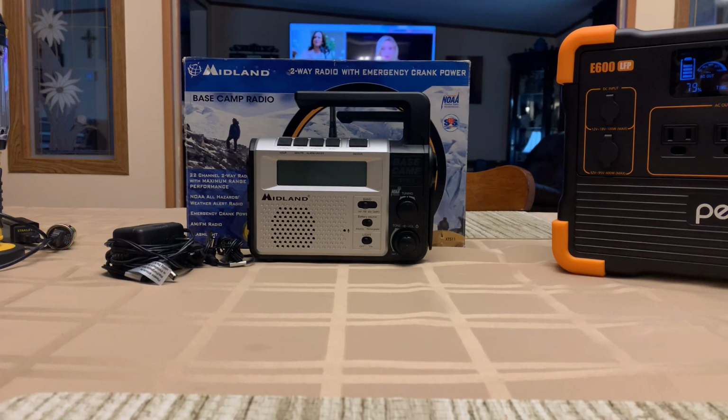I'm just going to show you a few little items that I've gathered up, probably over the last 3-4 years, that really come in handy in an emergency when your power's out, or just any kind of emergency, truthfully, but especially if your power's out. If you've got a solar generator,